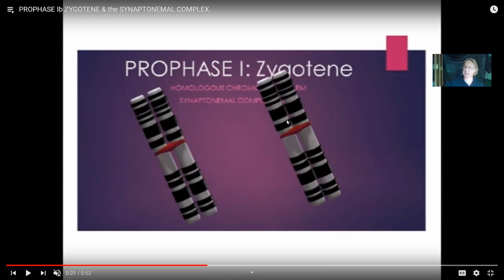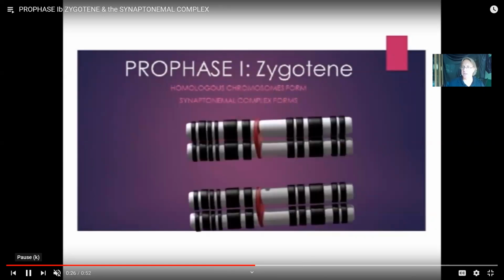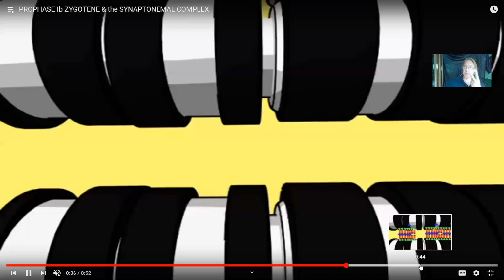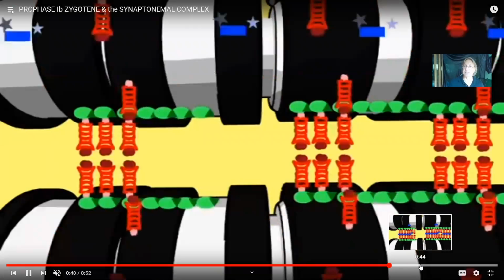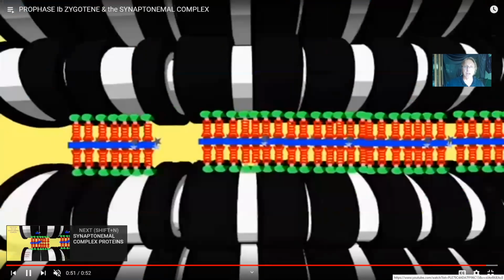And in mitosis, they would stay separate, never associate with each other. But in meiosis, they are going to form a complex where they are physically joined for a bit, a synaptonemal complex. So meiosis is going to be distinct, not just in the number of cell divisions, 2 as opposed to 1 in mitosis, not just in the daughter cells being haploid as opposed to diploid in mitosis, but also because of a number of other differences which occur along the way, such as the formation of this synaptonemal complex,